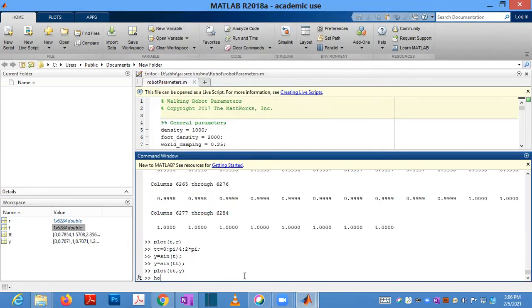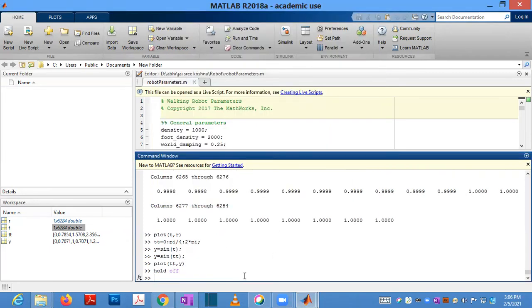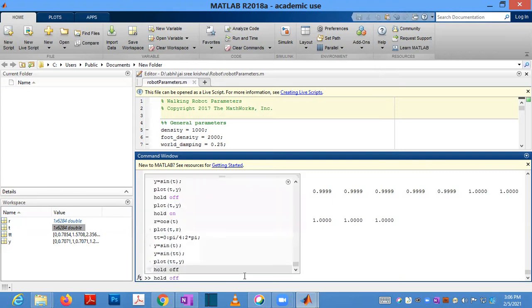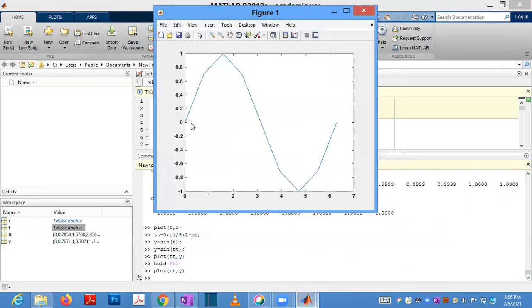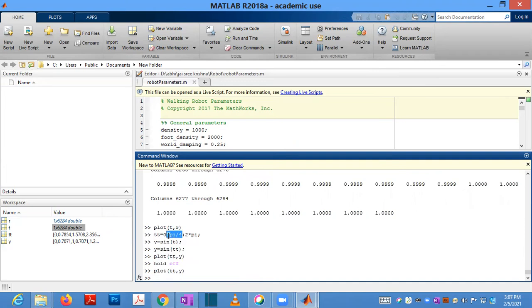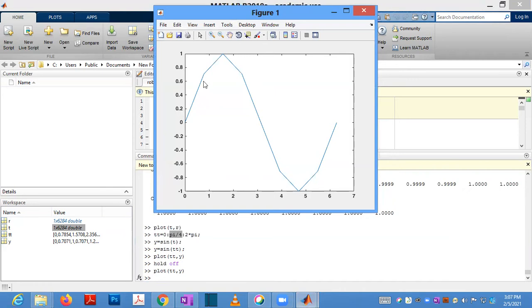Hold off. Tt comma y will be displayed like this only. So this many values only are there because I am using pi by 4. The step is pi by 4: 0, pi by 4, like that only, up to 2 pi. So 0, pi by 4, this is linear interpolation that it is using.